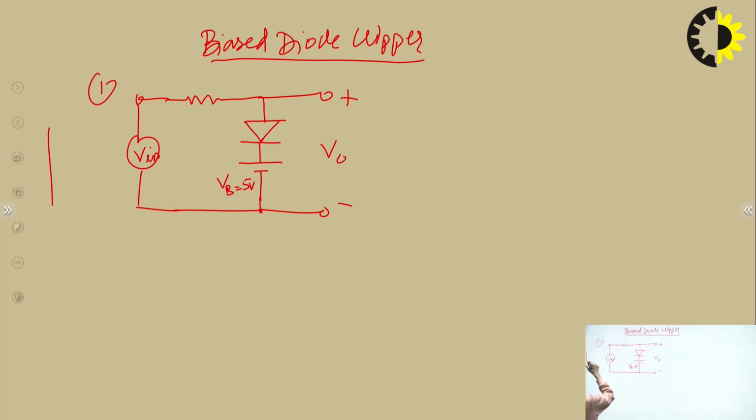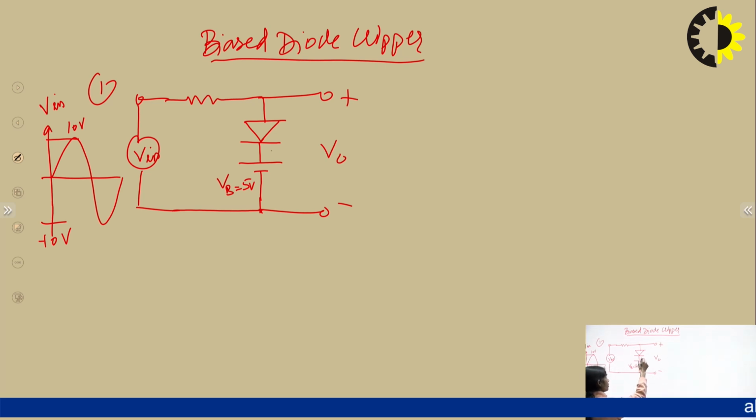So let's say again we will start with the example only. We will take this input as 10 volt. This is your Vin and minus is minus 10 volt. So we will going to have this circuit. Again now we are going to start with this circuit. We have DC battery, positive in the upper side and negative in the lower side, and this positive is connected to higher potential of the output.